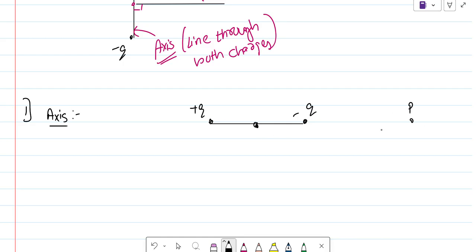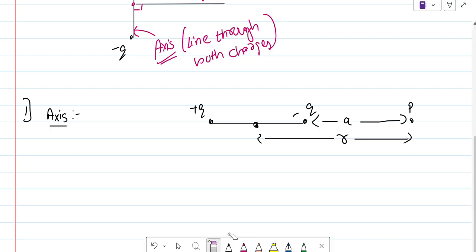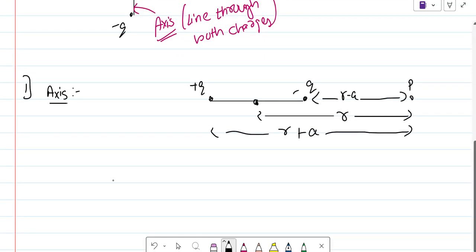A point P is located on the axis at a distance r from the center. From either charge, this distance will be r minus a, and this distance will be r plus a. We won't go into the derivation, just remember the formula directly. So the magnitude of the field at point P is given by